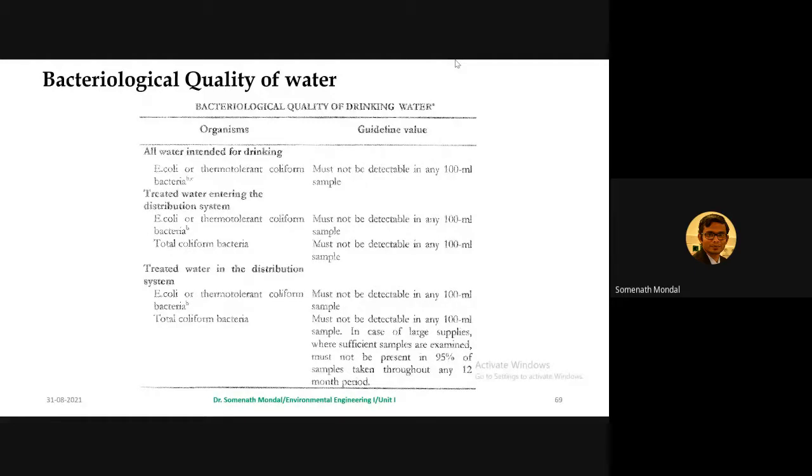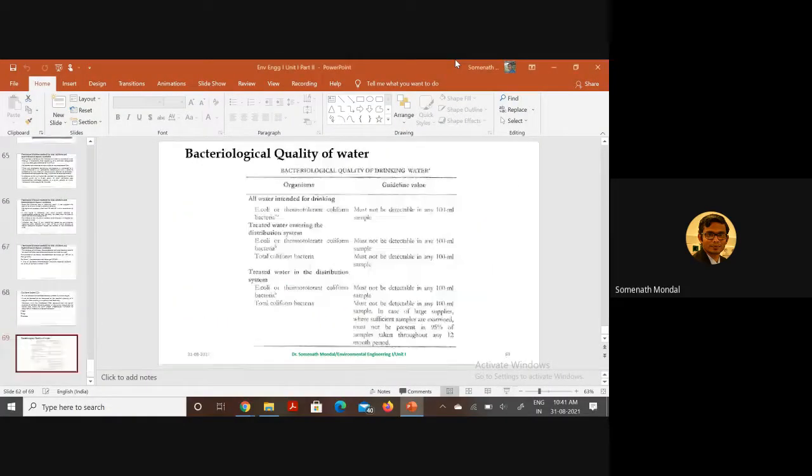So those are the things that should be maintained or ensured before putting any water sample in the distribution system. So with this, we'll finish this particular chapter, and in the next chapter we'll be discussing